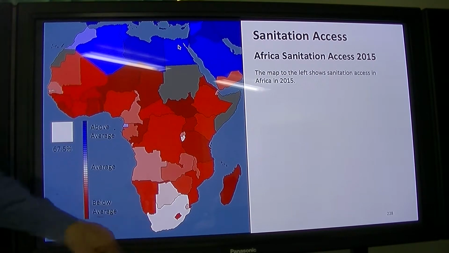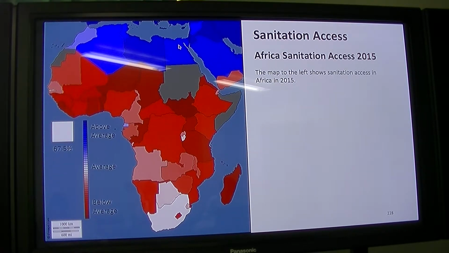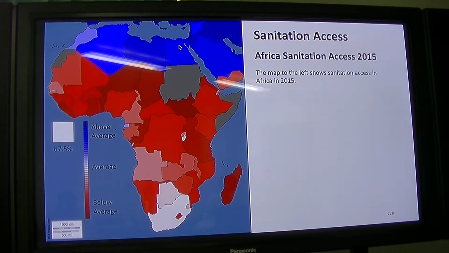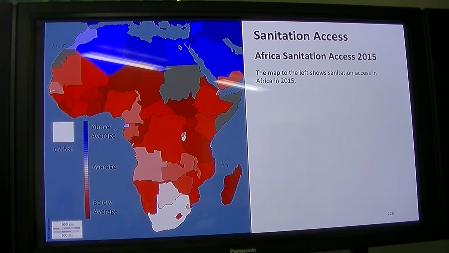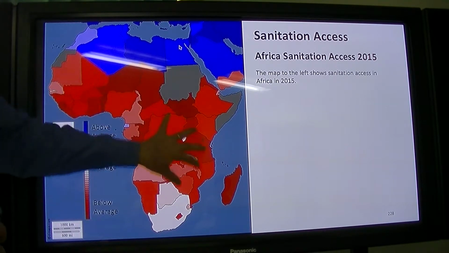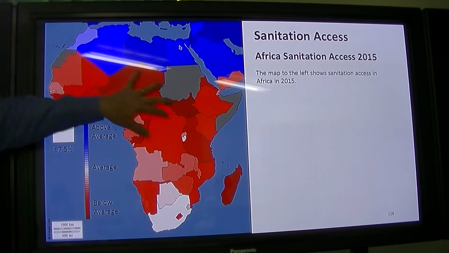A little bit below average, and the mean is 67.5%. So this is very interesting. This tells you that in a lot of the world, people do not have access to sewage and sanitation services. So this has certainly an impact on disease and human health. When you're talking about underdevelopment, this is an important part of what makes a country lesser developed, that lack of access. So the average is 67.5%, which means a lot of people don't have it. And then these countries are well below